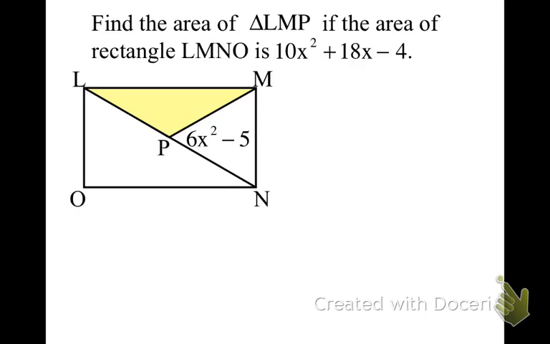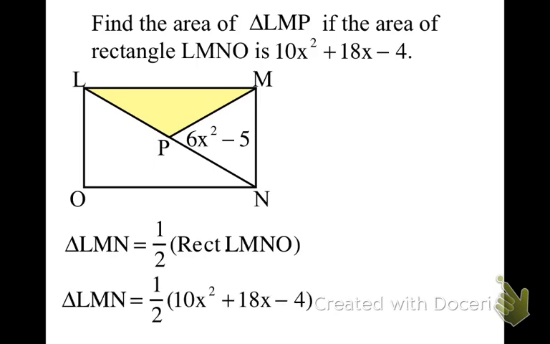We can try one more. This looks kind of tricky, but it's really not, because they give us, find the area of LMP. Okay, that's LMP. Triangle LMP is in here where the yellow is. So we do know the area of rectangle LMNO, the whole rectangle LMNO is 10x squared plus 18x. So half of that,